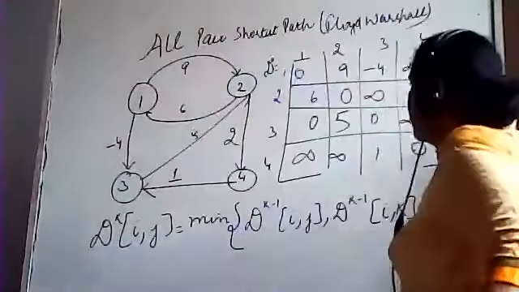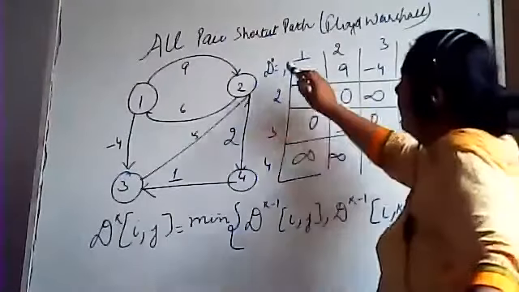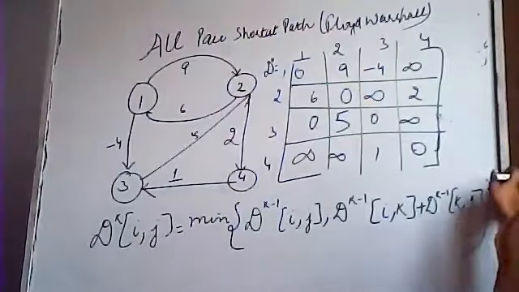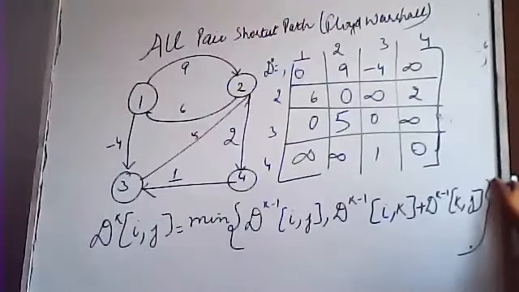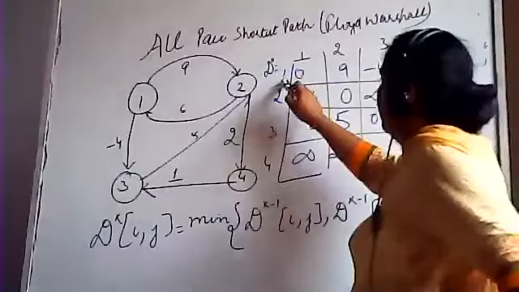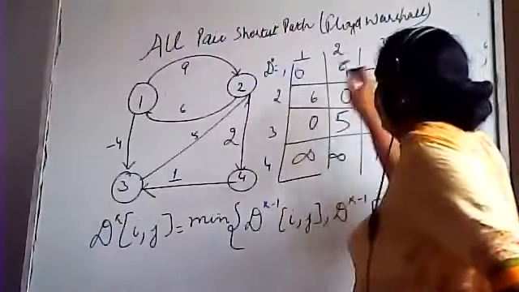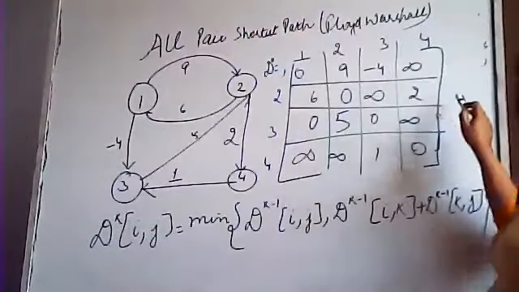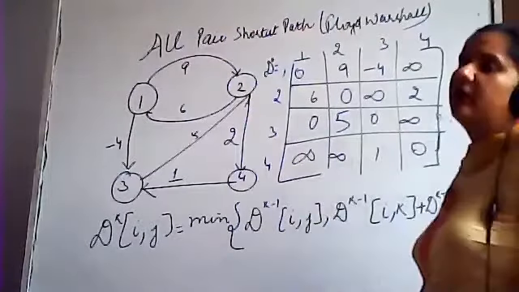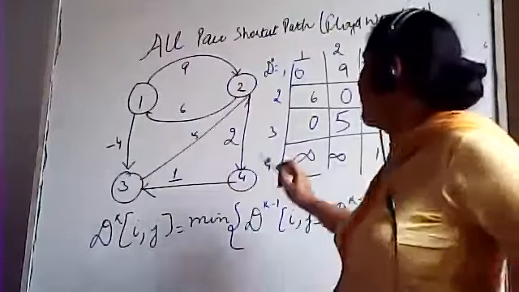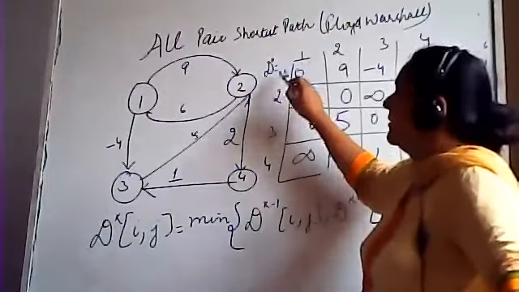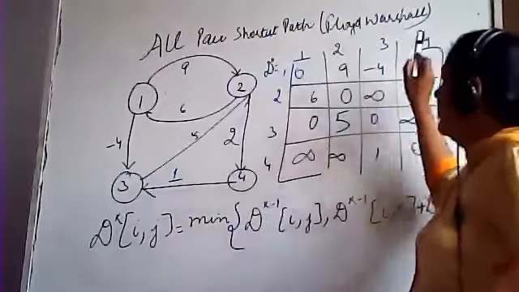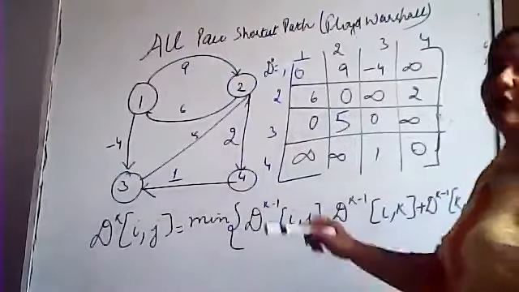Now you have to fill this matrix. How you will fill this? You will put as many vertices as columns and as many as rows. Fine. So this is the first rule, because we have to find the shortest path between all pairs. This is vertex 1, 1 to 1, 1 to 2, 1 to 3, and 1 to 4. This is vertex 2, 2 to 1, 2 to 2, 2 to 3, 2 to 4. Then 3 to 1, 3 to 2. Okay, now where row and column name match, put 0. Where row is 1, column is 1, put 0. Row 2, column 2. Row 3, column 3, row 4, column 4. So you will put 0.